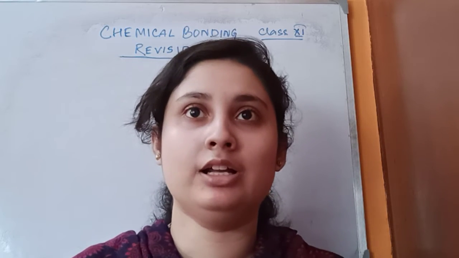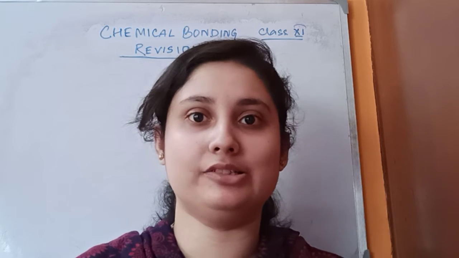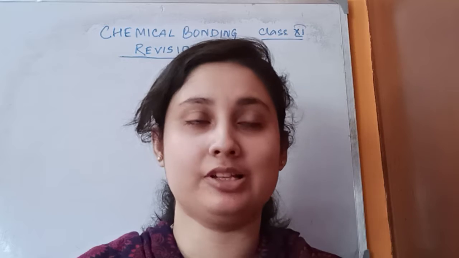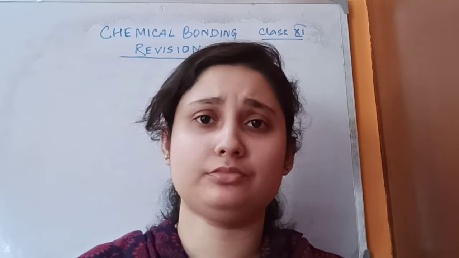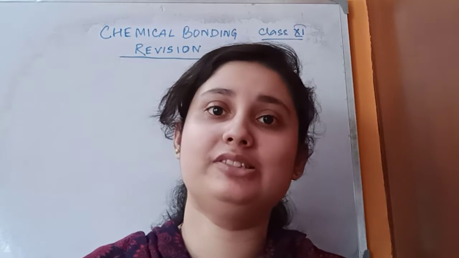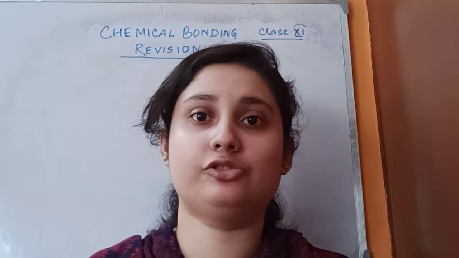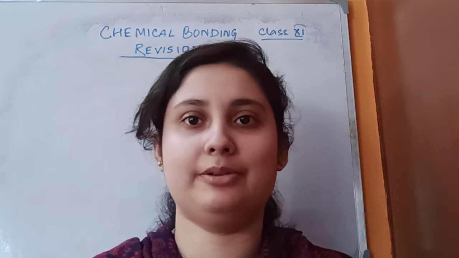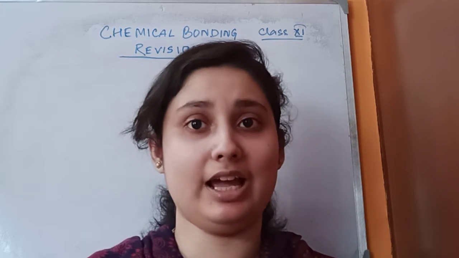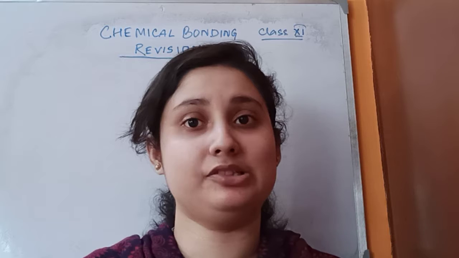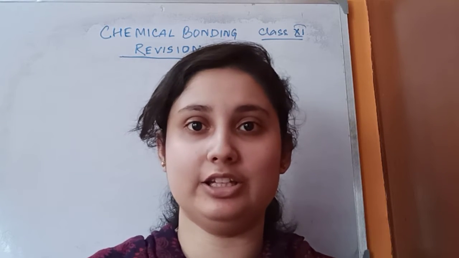Means the bond order, ascending order of O2 minus, O2 2 minus, O2 plus. Then the bond order, ascending order or descending order of N2 plus. All these things are being explained during the videos only. Other you have to find the structure by VSEPR. All these are being explained. Only these two questions, I think question number C and question number N, are not explained during the videos.